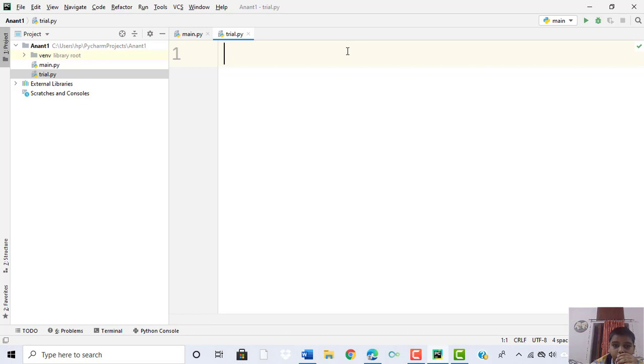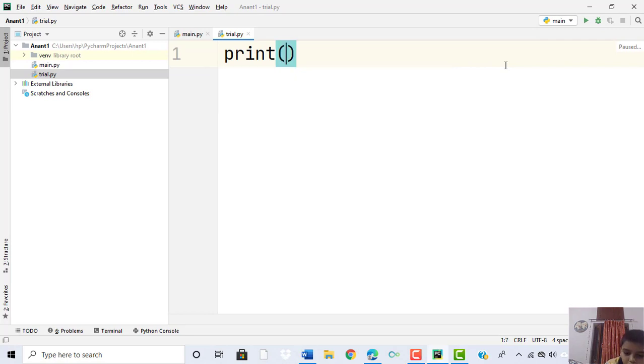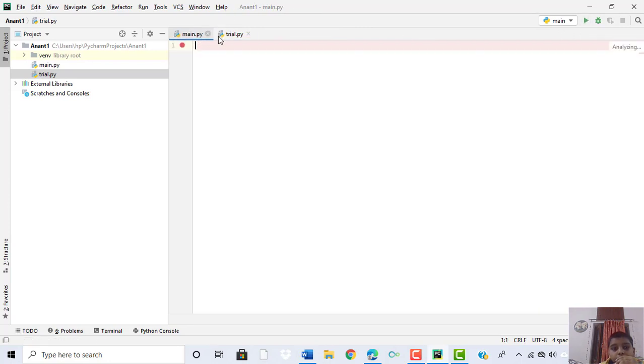And now I will show you some programs, like I will write print hello world. You can see, okay, this is in trial.py. Because we are using this file for the first time, we have to right click on it to run. Otherwise, if we run from here, and we have not made another file, you have to click on this button to run.